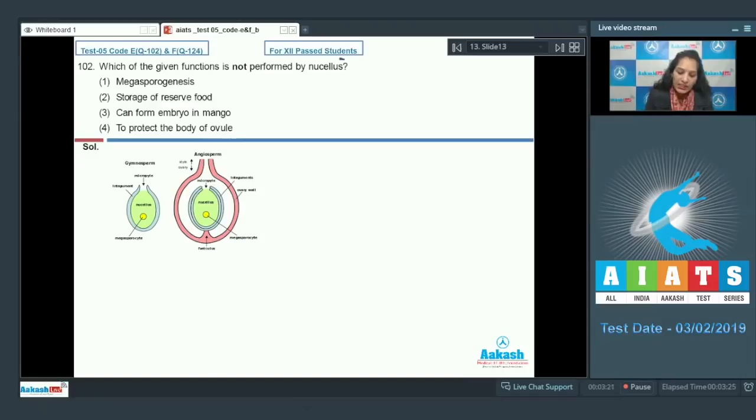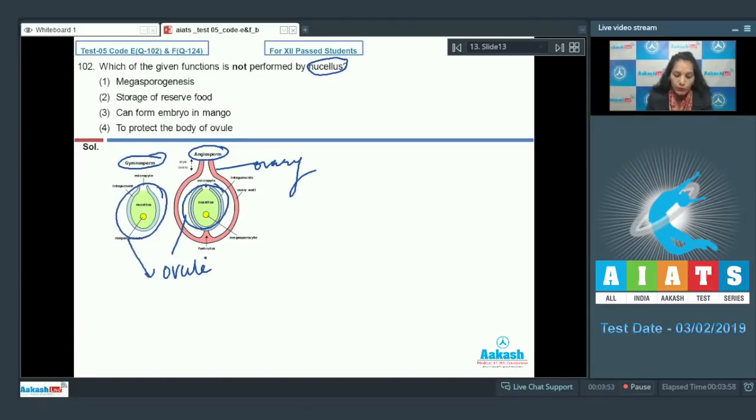So what is nucellus? First of all, nucellus is present in the body of the ovule. In angiosperms as well as gymnosperms, ovules are present. As you can see here, this is ovary. And inside the ovary, you can see this is the ovule. In gymnosperms, ovary is absent, hence the ovules are naked. This is the ovule in case of gymnosperms. So this body of the ovule is filled with the mass of the parenchymatous cells called nucellus.